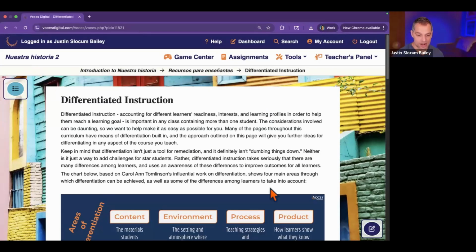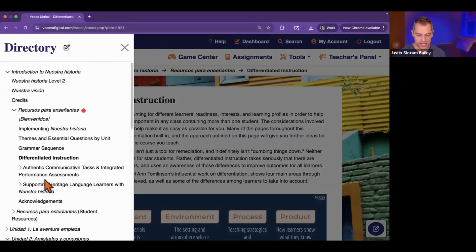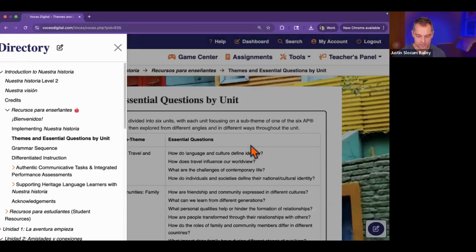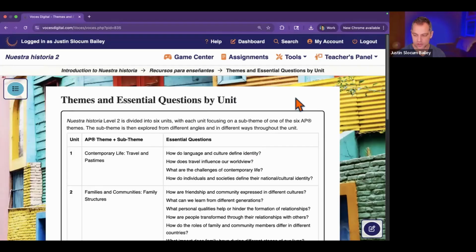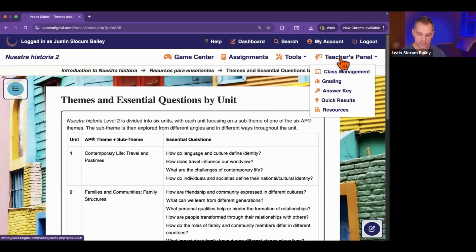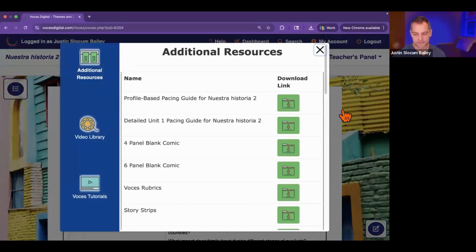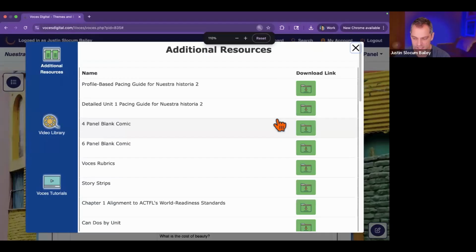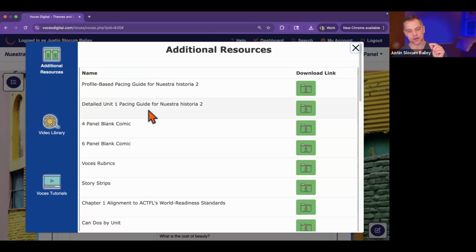No matter what page I'm on in any of the languages, any of the levels, in other words, no matter what page I've selected in the directory here, I can always go to where it says Teachers Panel, hover over that, go down to where it says Resources, which is the bottom item, and at or near the top of the menu that appears, you'll see something called a profile-based pacing guide and something called a detailed Unit 1 pacing guide. I'm going to open the detailed Unit 1 pacing guide here because it shows you,